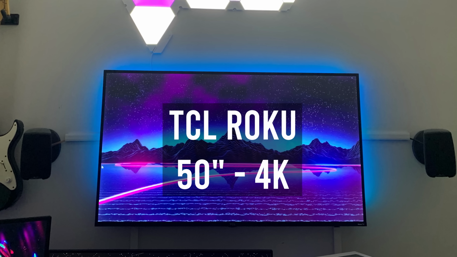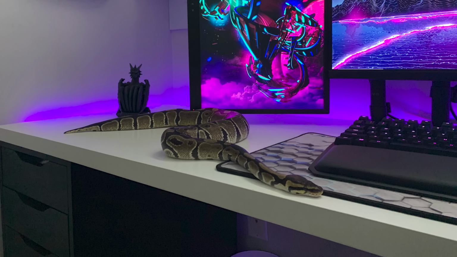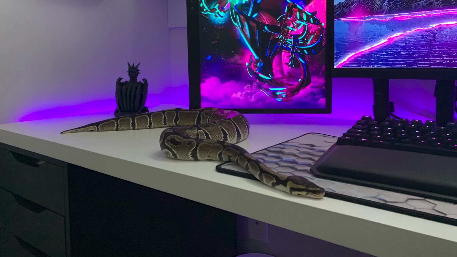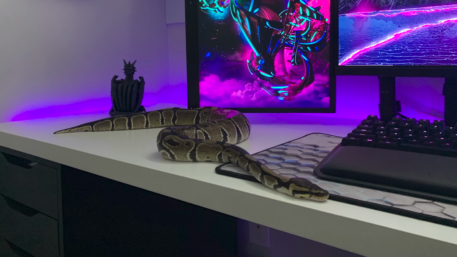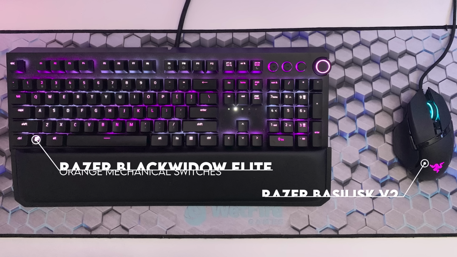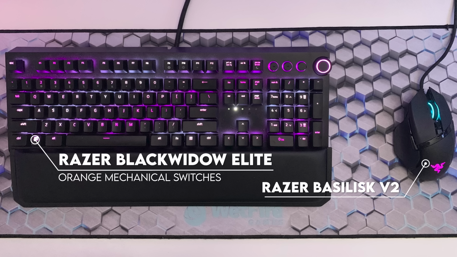I think the most badass thing about the setup is the pet snake that is casually just chilling on the tabletop. My guy is playing duos in Warzone with a ball python. That's pretty badass. Moving on to peripherals, we got a Razer BlackWidow Elite keyboard with a Basilisk V2 mouse